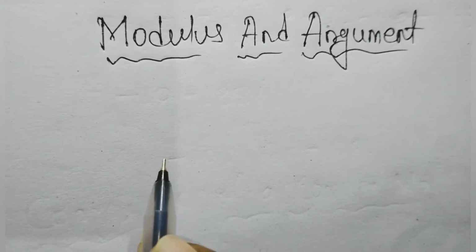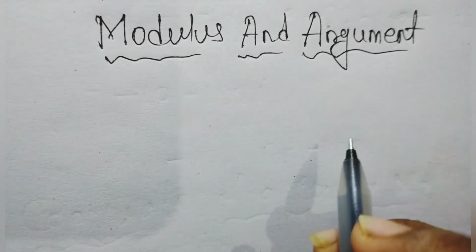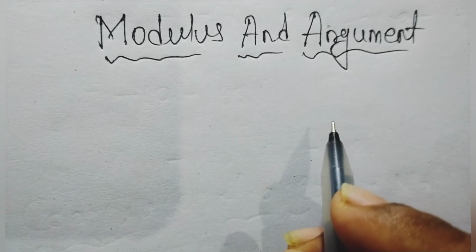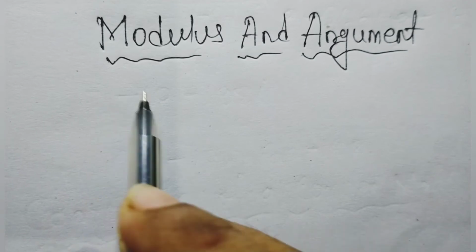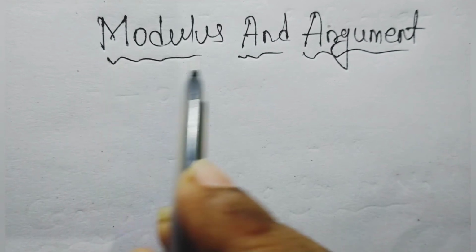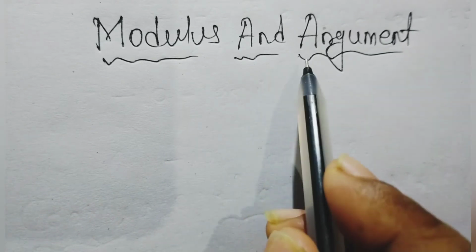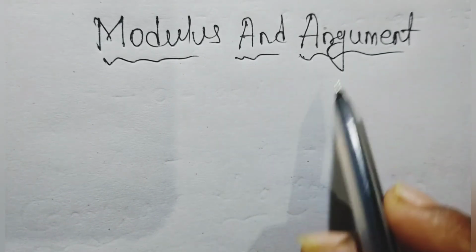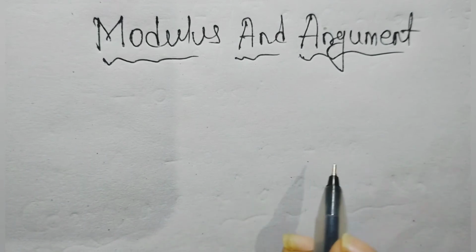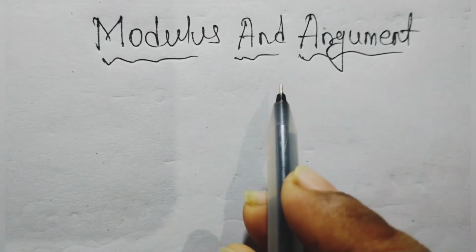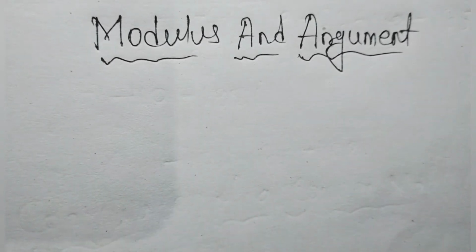In this class we have to learn how to find the modulus and argument. If you attended my previous class, then you can find the modulus of a complex number easily. So it is most important to find the argument or amplitude of any complex number. How to find it easily? You can find the argument or amplitude easily if you remember four conditions.